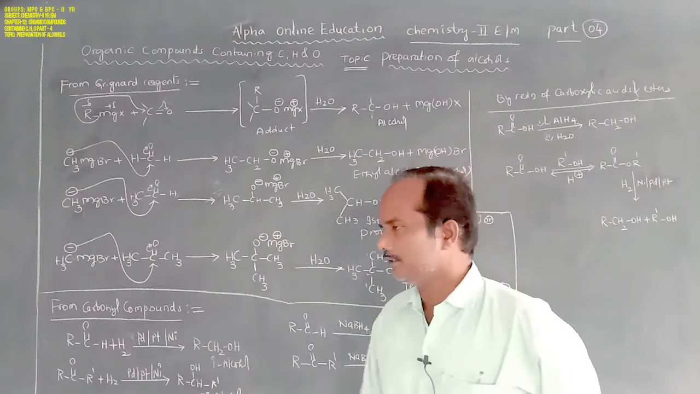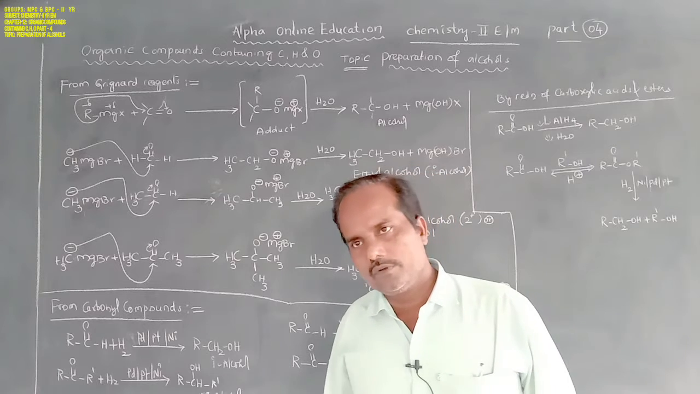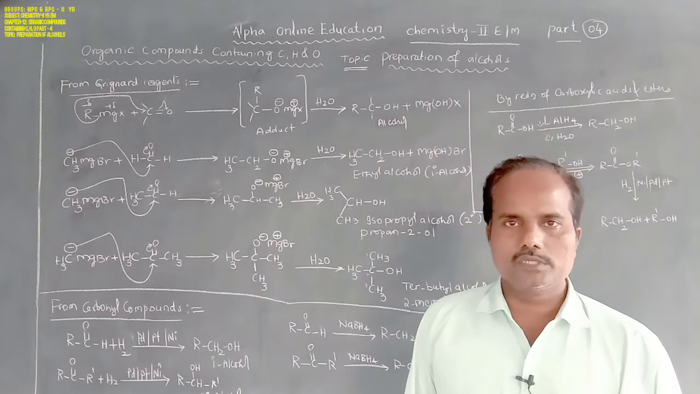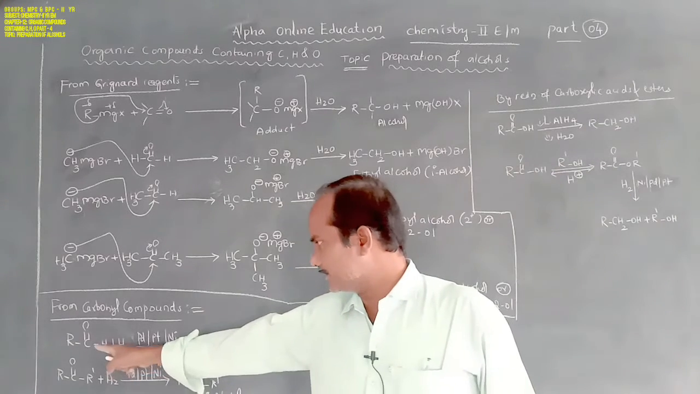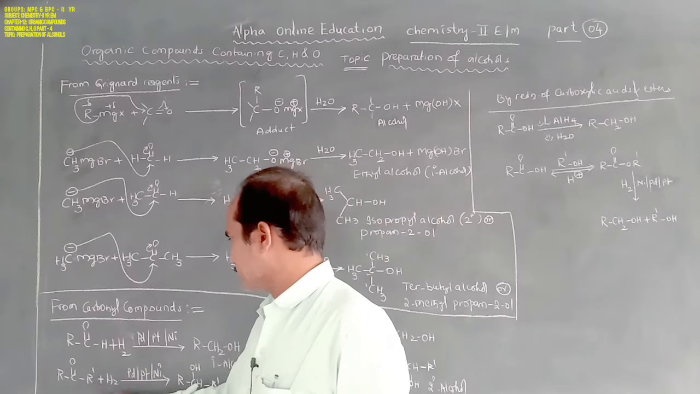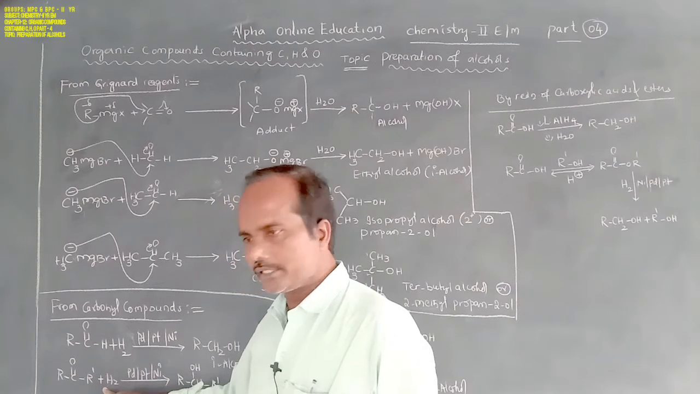Then the third method is what? From carbonyl compounds. We can use carbonyl compounds to prepare alcohols. How? So this is the aldehyde, and this is a ketone. When aldehydes and ketones